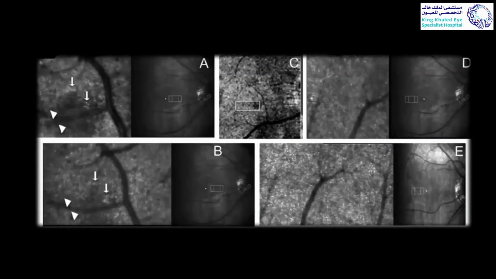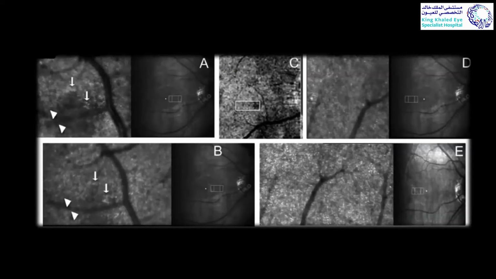They found that, if you can see top to the left, adaptive optics at the level of the photoreceptor layer, there was an area of photoreceptor loss that was detected in the acute stage. And if you look down in the same area, these cone mosaics start to regenerate a few weeks after the observation. The pictures on the right side, D and E, are just for a control group during this period of time.